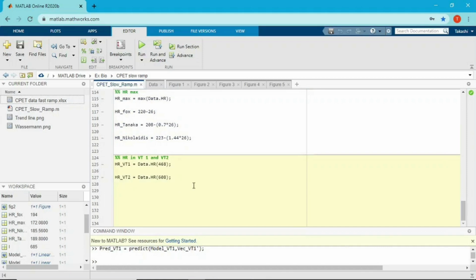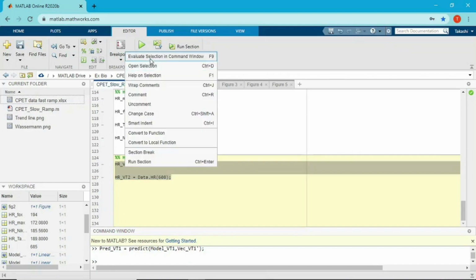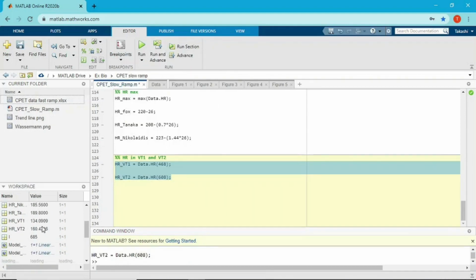And also you can find heart rate at BT1 and BT2. Based on this heart rate value, which is right here, 134 is my heart rate at BT1, and 160 is the heart rate at BT2. Based on this value, I can customize my training.